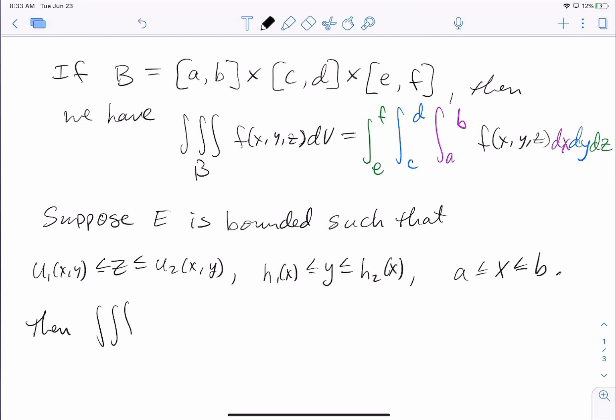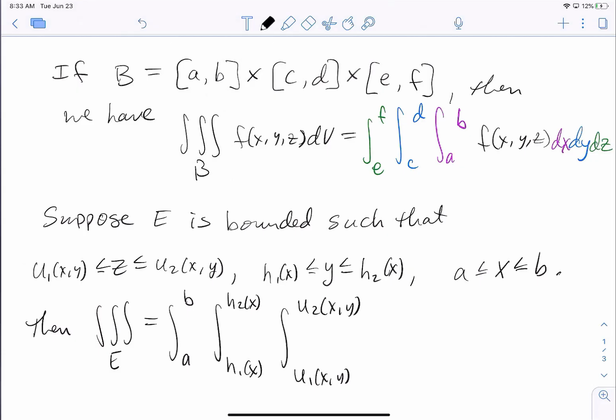Then the triple integral over E is equal to the integral from a to b of the integral from h1 of x to h2 of x of the integral from u1 of x, y to u2 of x, y of f of x, y, z